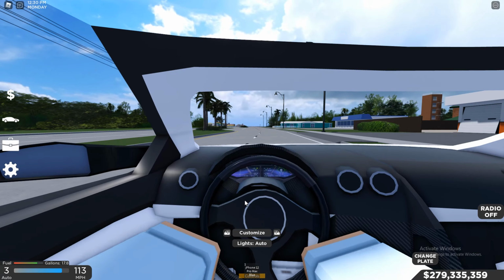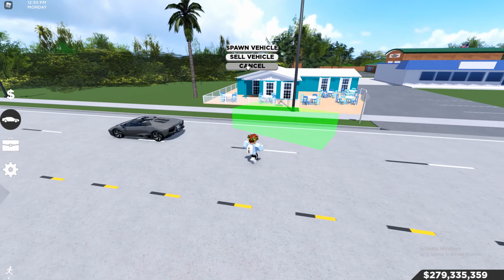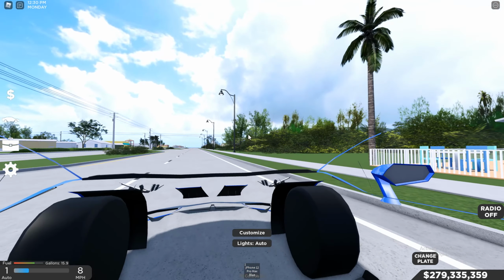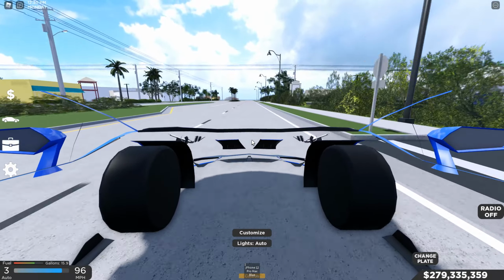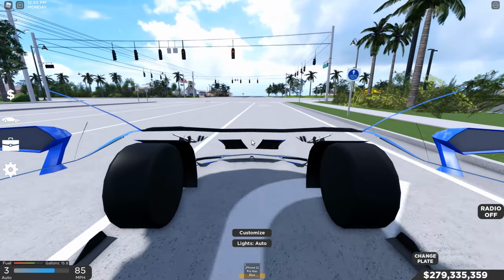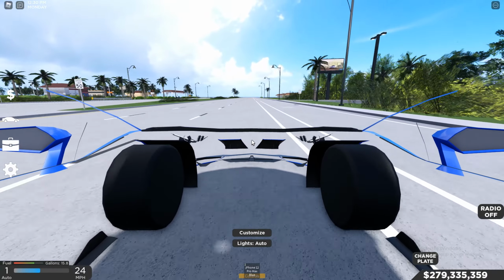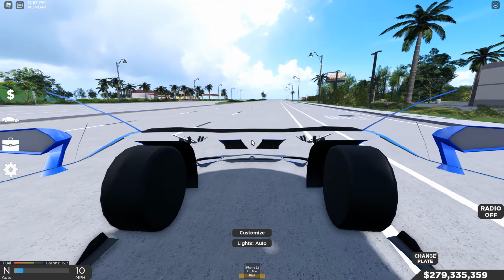Because, you know, normally when we zoom into a car, there's no interior. You could drive first person in Southwest Florida before this update, but there was just no interior, and it's just not that cool. As you guys see, if you zoom into a normal car, you could drive first person. Like, the camera will still follow you. As you guys see here, the camera still follows you and all that. I don't think when you reverse, the camera goes back. But yeah,